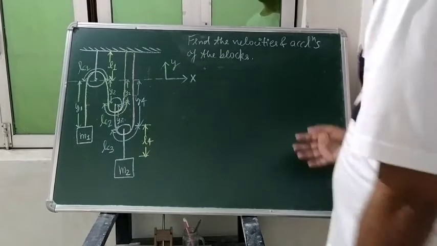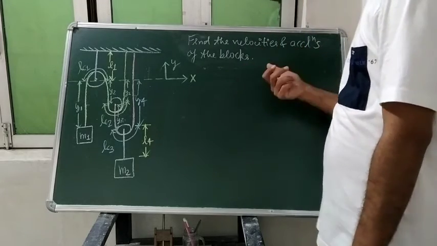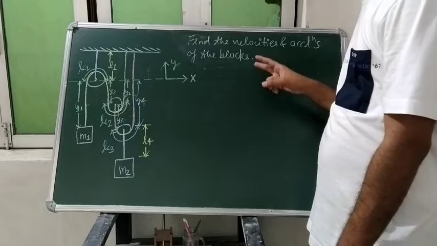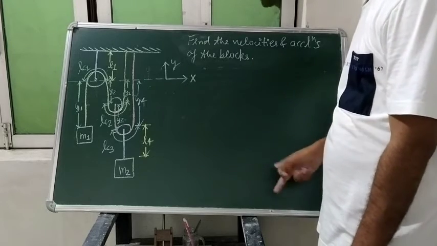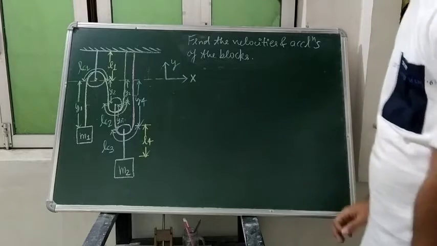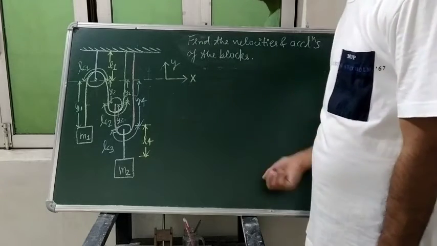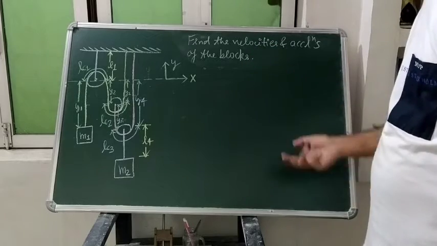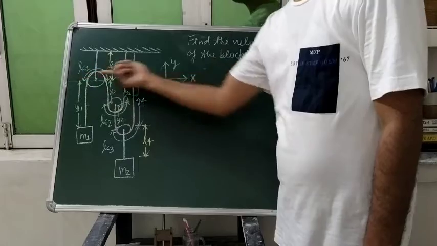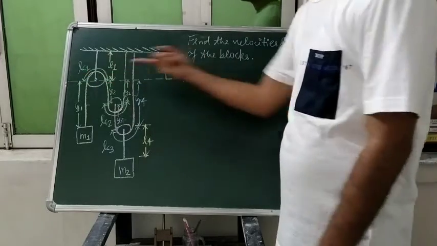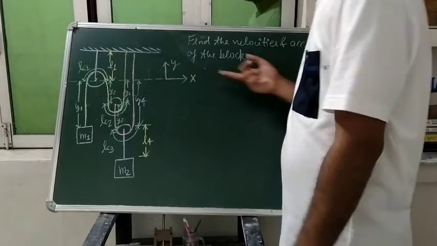So students, I was saying to you that to find the velocities and accelerations, there will be two methods. One will be the traditional method, the second one will be a kind of short trick. And first we are selecting the traditional method. So in the traditional method, first what will we do? We will make a datum from a fixed point.